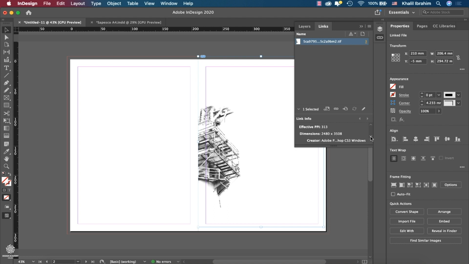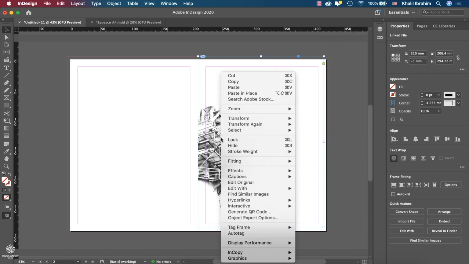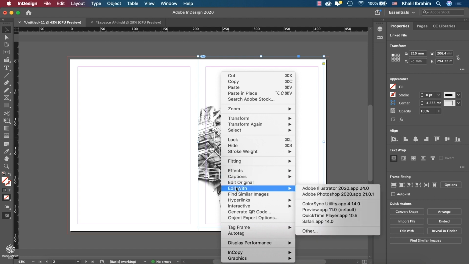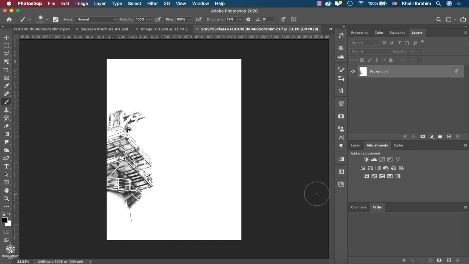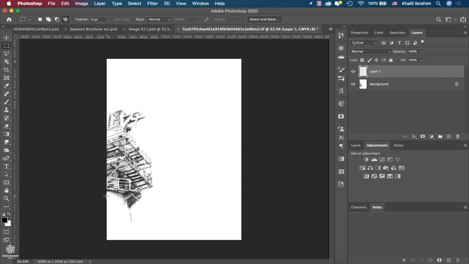Anyway, let me show you guys one more interesting feature about your images in InDesign and how you can edit that one in Photoshop while you're working on your image. So currently we have our image selected. We can collapse that panel, right click in here, and you'll find edit with. And let's select Photoshop, and now we have our image opened in Photoshop. And let's say you would like to add a color touch in here, and let's maybe create a new layer, do any kind of changes to our file, make a quick selection in here